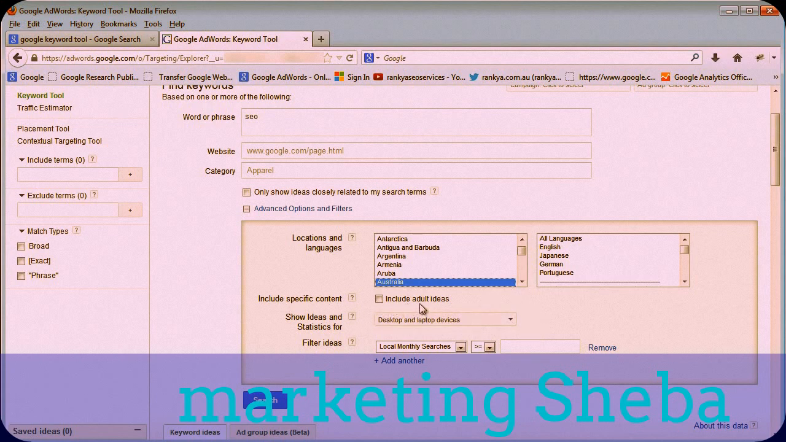Now we've got include adult ideas. No, we don't want to include that. And we also have an option here, which is very important as well. By default it shows results coming from desktop and laptop devices. Now we also have